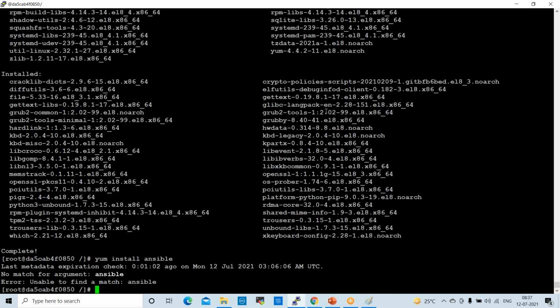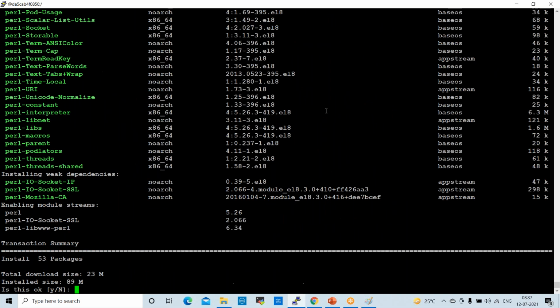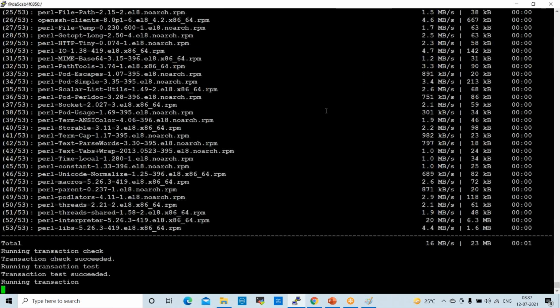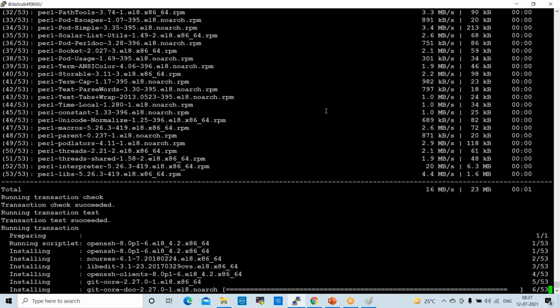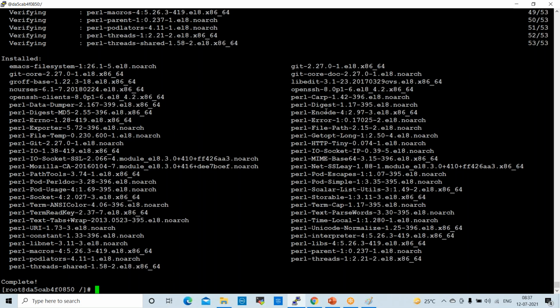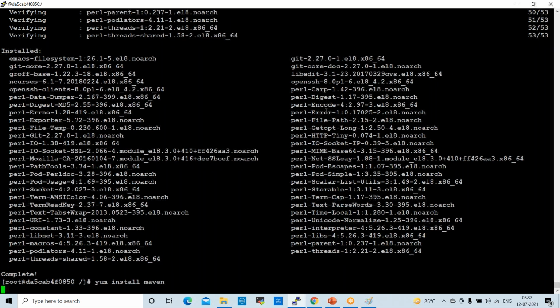No match. Okay, yum install git. Now Git is installing here. I also want to install Maven: yum install maven.